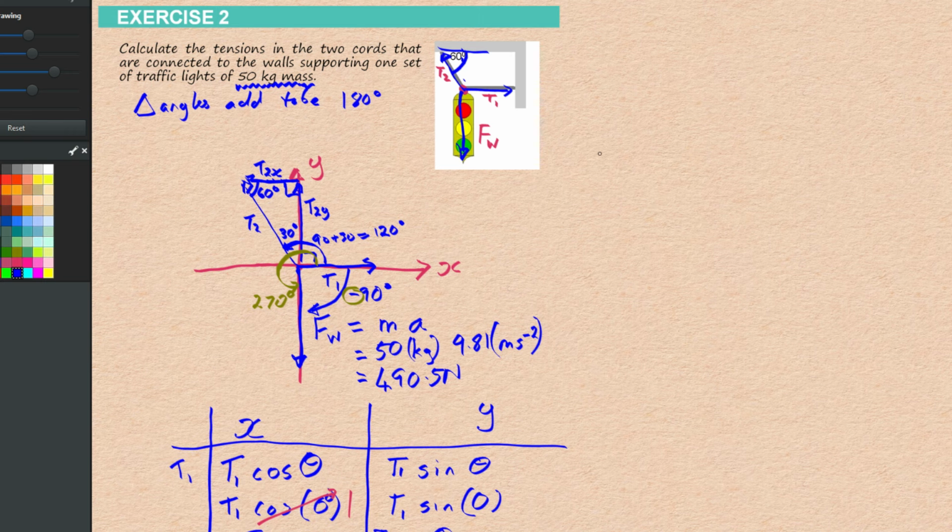Hi everyone, this is still exercise 2, but now I'm going to solve it using the graphical method. I'm going to use most of this diagram as it is, but I'm going to use what's on that diagram to draw the graphical method. For the graphical method early on, we're going to make the statement that this situation is in equilibrium, the forces